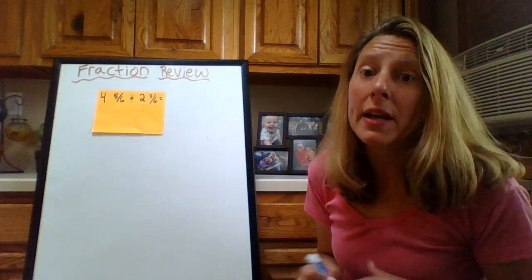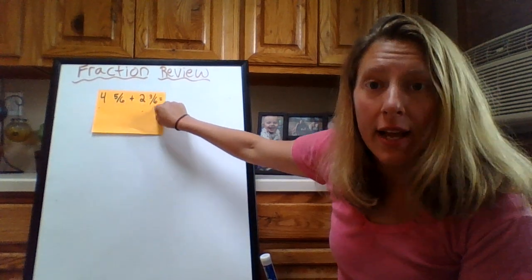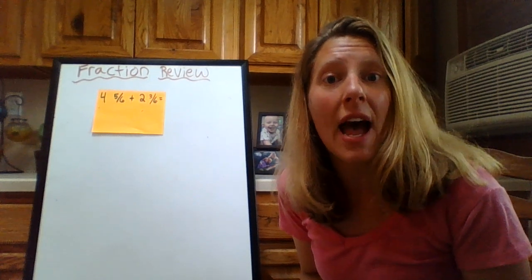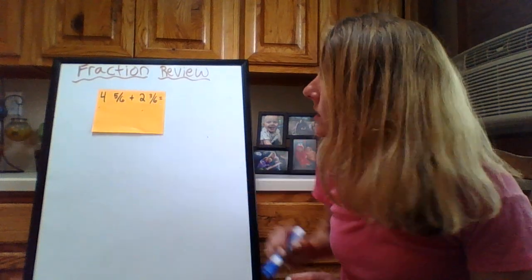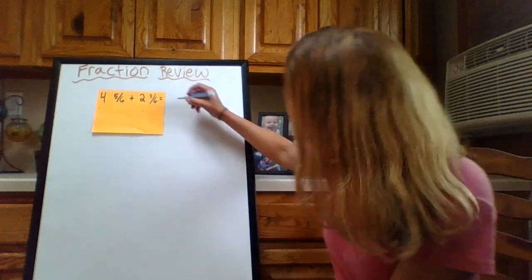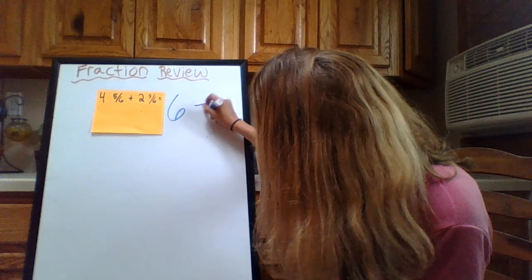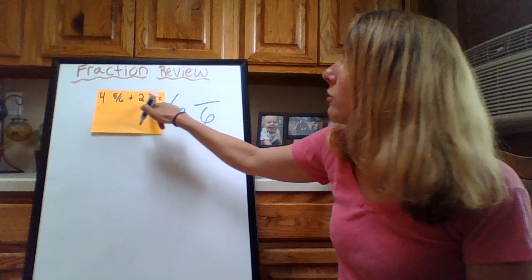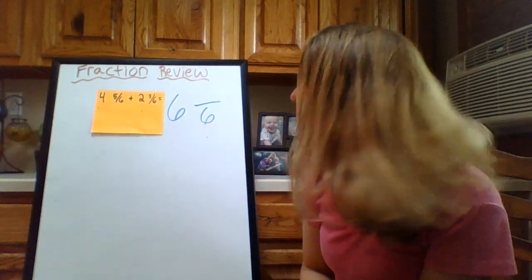So I could draw a picture, or I could look at the denominator and see that they're the same, which tells me that all I need to do then is add the numerators, which are the top numbers, because the denominators are the same. So I could start by adding my whole numbers, which is 4 plus 2, which is 6. And then I know my denominator is going to be 6 because both of my fractions have 6. And then I could add my numerator, 5 plus 3